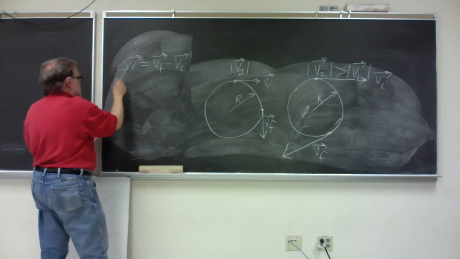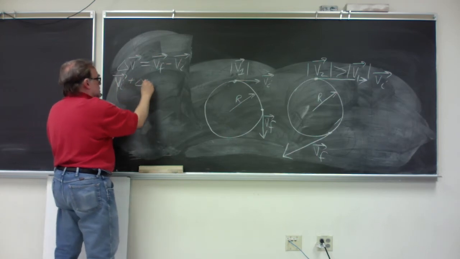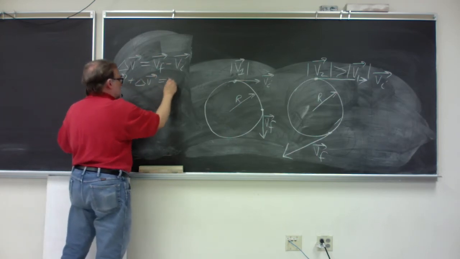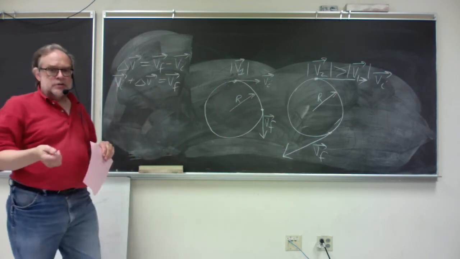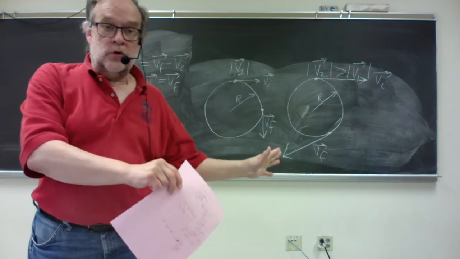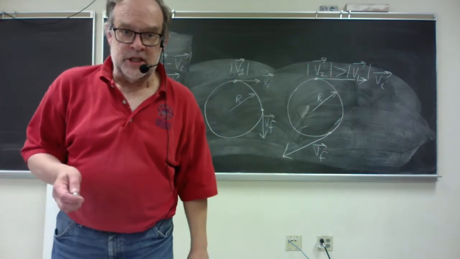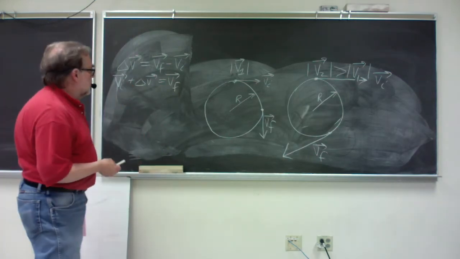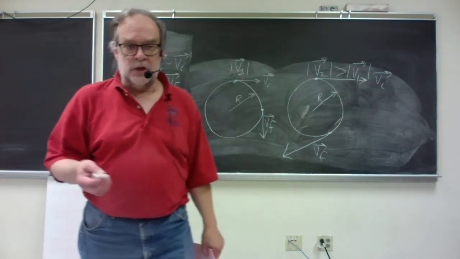So initial value plus delta is the final value, like we always say. Delta V is the velocity that you add to an earlier velocity in order to get a different velocity when the object is accelerating. So let's compare the initial and final velocities to see what delta V has to be